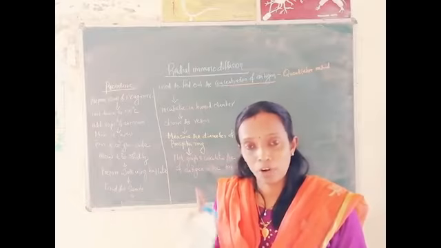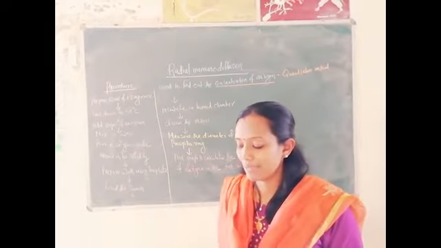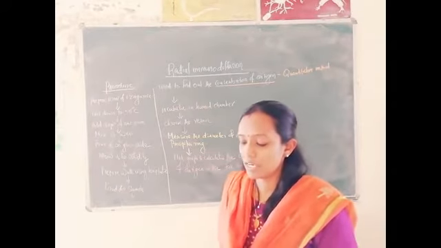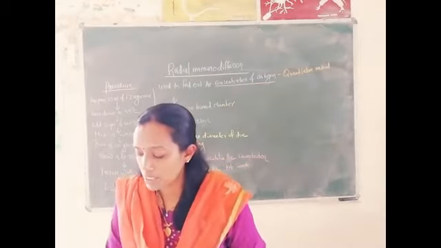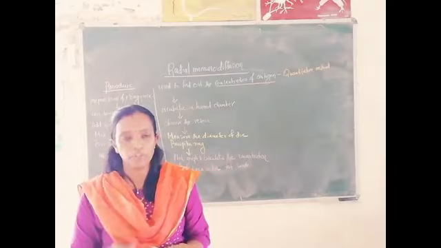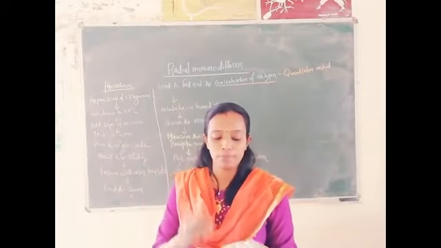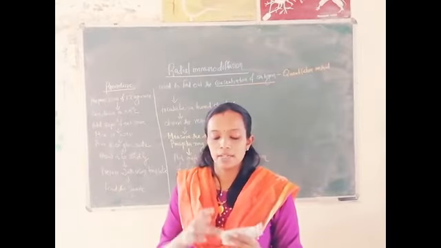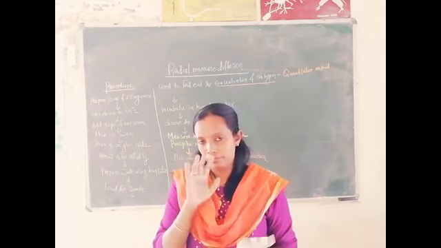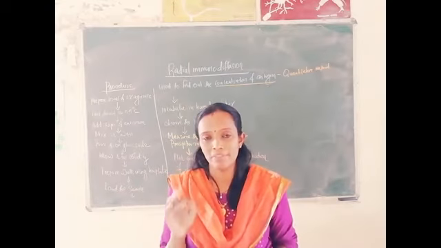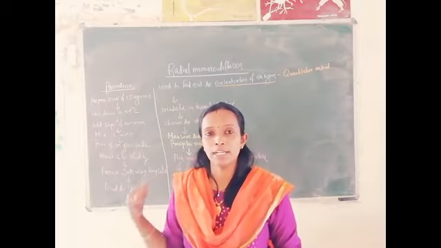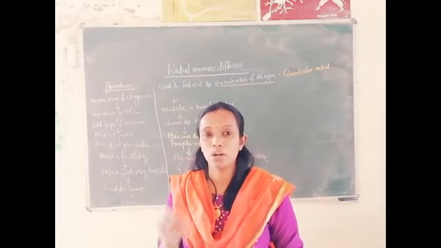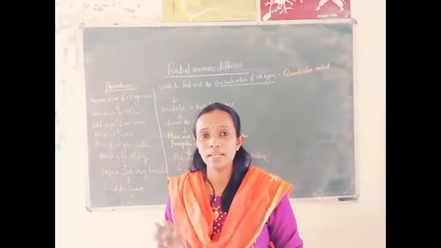In the kit itself, all the reagents, all the chemicals and all the materials which are needed for doing the experiment are given. So you have to use it accordingly. Follow the instructions given in the kit, and you have to perform the experiment. We are going to load 5 different types of samples in the well. One more important point to remember is this particular experiment is used to find out the concentration of antigen which is there in the sample.